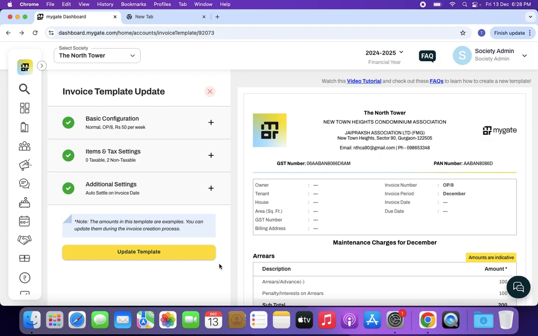Everyone, welcome to the Mygate invoicing part 2. In the previous video, we went through the process of template creation. Now, the next step is amount configuration. Let's start. Once you have created the invoice template as per your requirement, click on the update amount and select